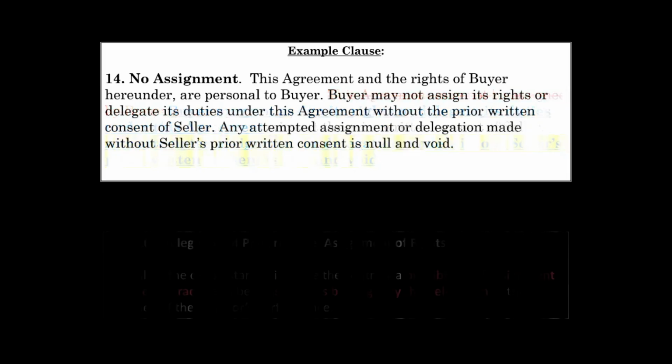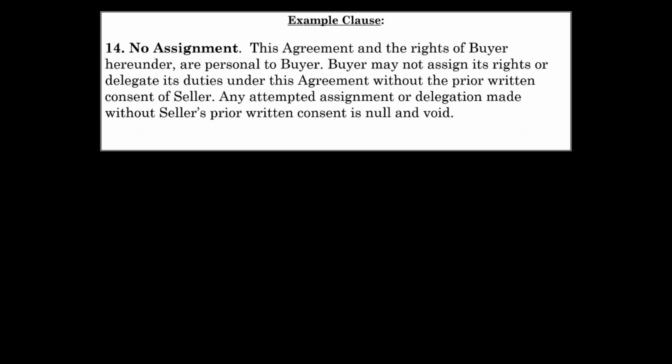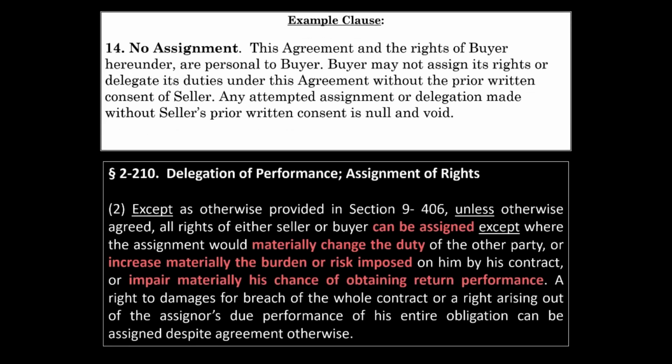But even then, even if the contract parties draft a perfect, explicit, and unambiguous no assignment clause, Article 2 limits the enforceability of contract provisions barring the assignment of rights or the delegation of duties. The limitation on contract terms purporting to prohibit the assignment of rights under a contract is set forth under subsection 2 of 210. Subsection 2 is another quintessential example of the sometimes inscrutable language peppered throughout Article 2. It's the kind of provision that may make you wonder if you could do a better job at statutory drafting.